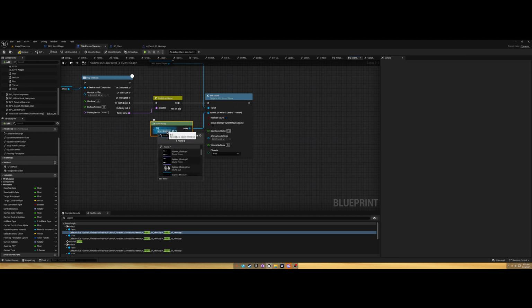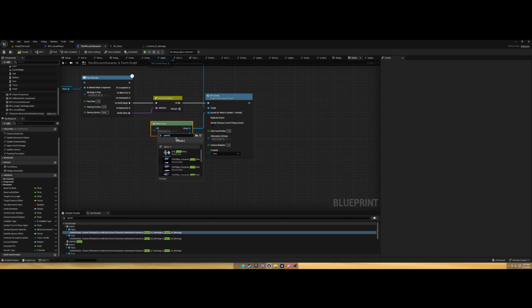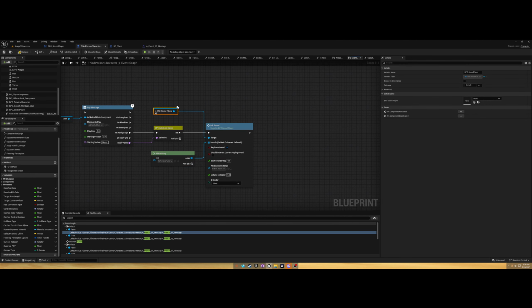Let's see if I got any punch. I'm just going to use this hero punch wave file. I'm not sure where it came from. Maybe one of the packs I have. But that sounds fine. So we'll do this. We will also grab